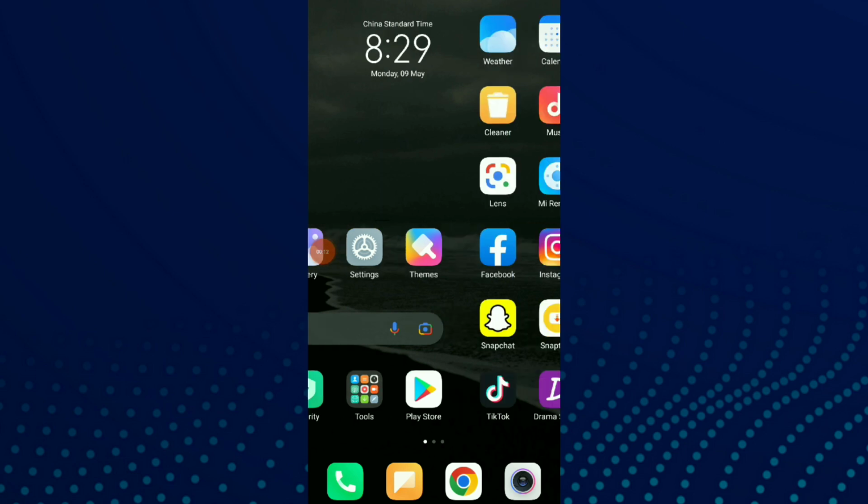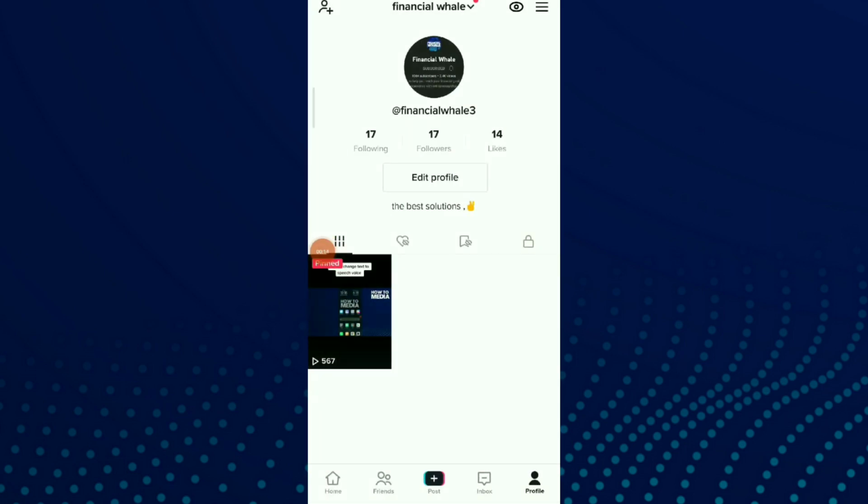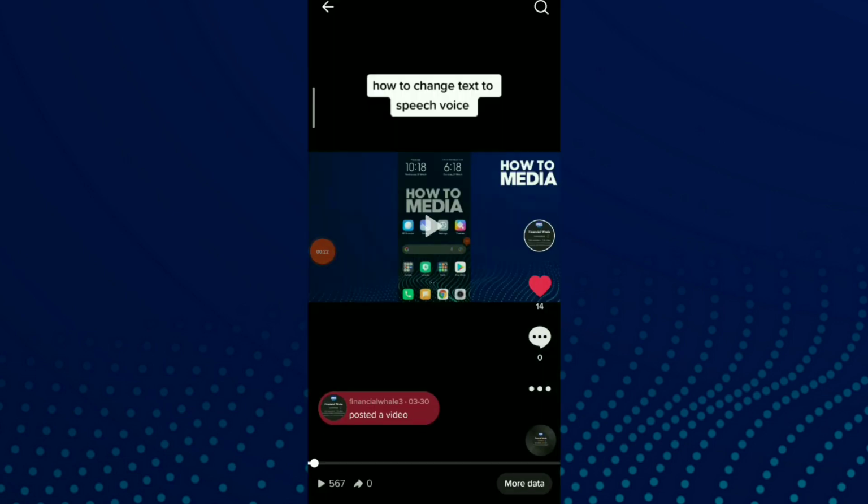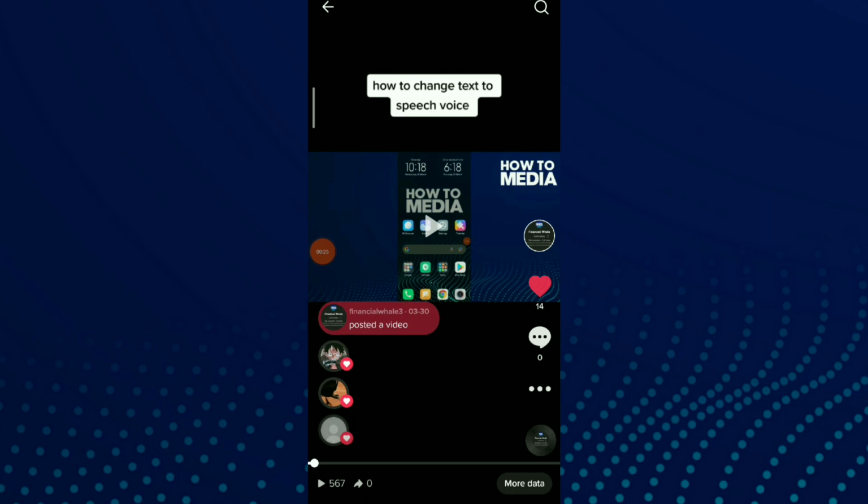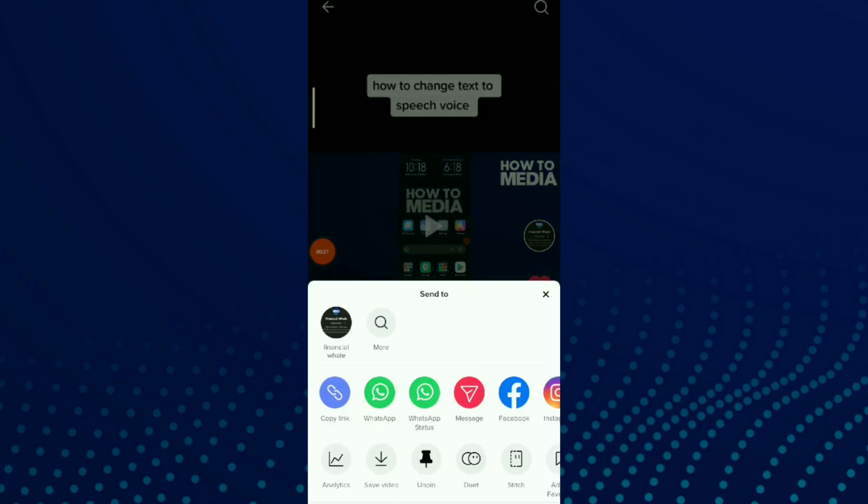So first thing, go to your TikTok and go to your profile. Now choose the video you already pinned on your profile. All you need to do is click on the video, and this is the video you want to unpin. All you need to do is click on those three lines, and you're gonna find between those options one option